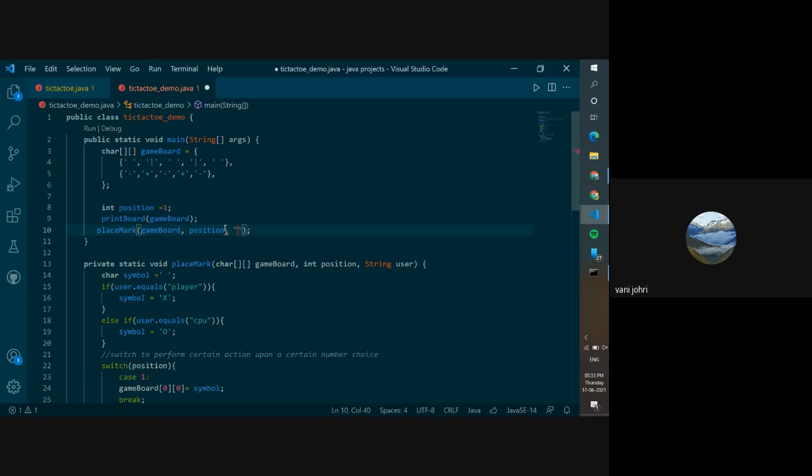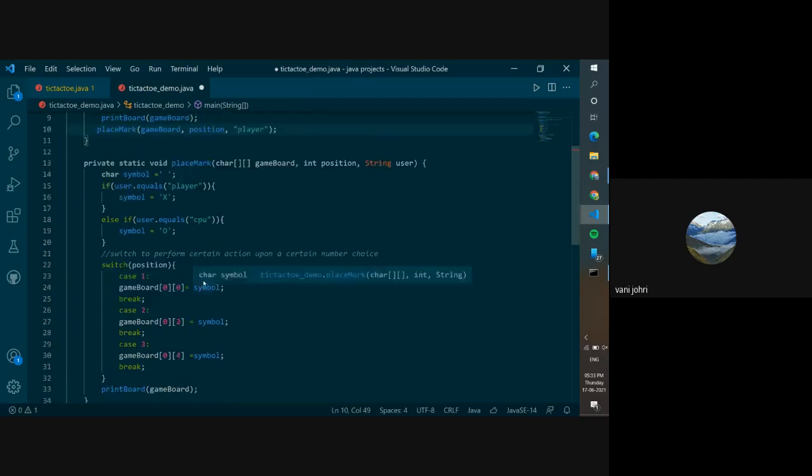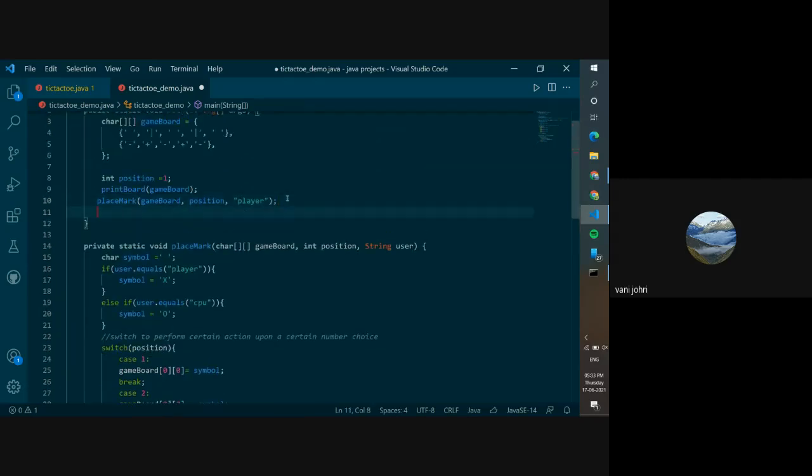First, it's the user's turn. So you send over here player. That means over here, it's going to get player, it will check if user equals player. Yes, it equals player. So it will print an X. If this would have been CPU, it would have printed an O. So now the player's turn is done. The compiler comes back over here after doing all of this.